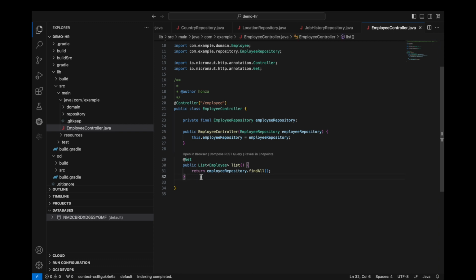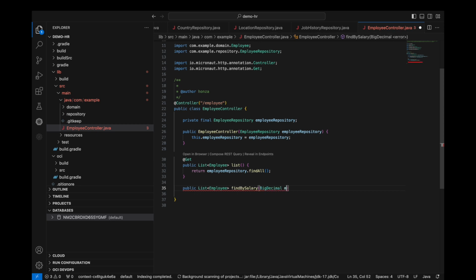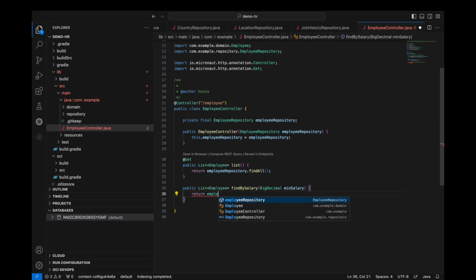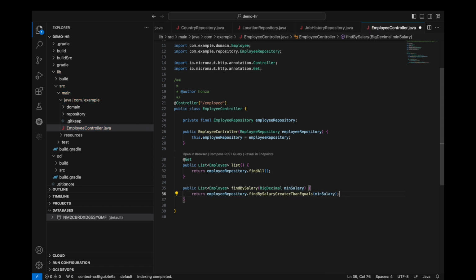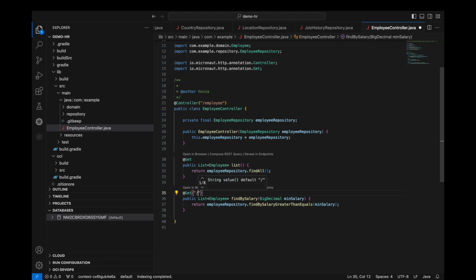But we must incorporate an endpoint for our custom finder method. Development is now complete.